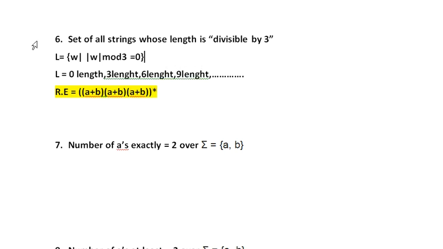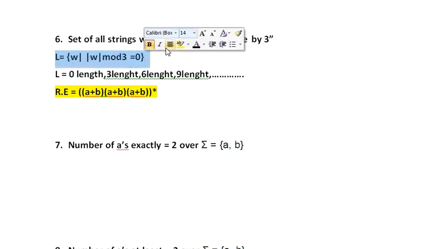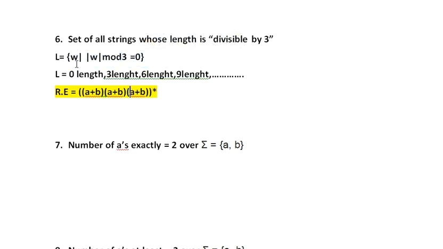So this is the perfect example of how to get length divisible by 3 or multiples of 3. Sometimes you might be given this question in terms of this. How? The language will be given as starts with W. W is nothing but the set of strings such that length of W divided by 3 gives you remainder 0. That means mod of 3, what is it? Mod generally gives you the remainder, correct? So length of W mod 3 will give you 0. So this might be one more way of expressing divisible by 3.